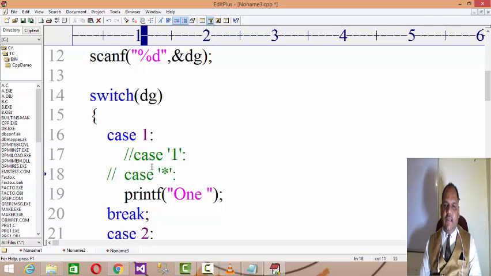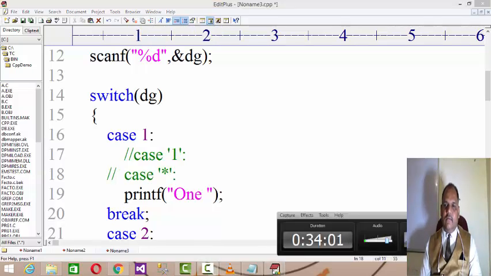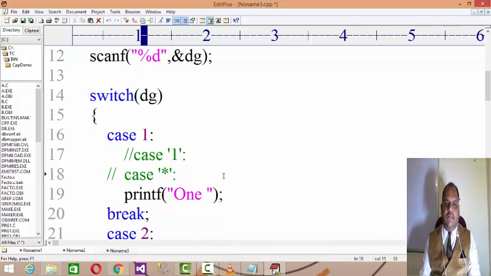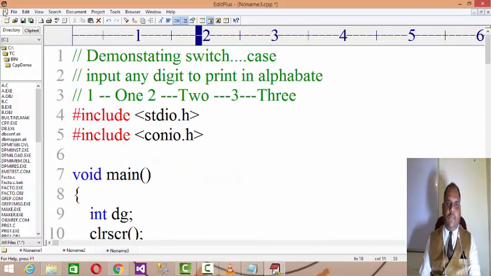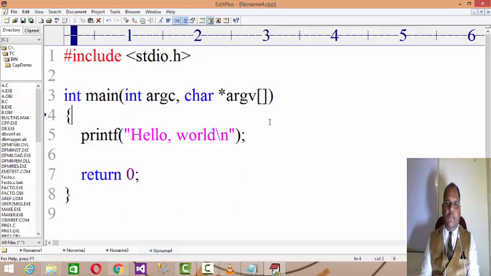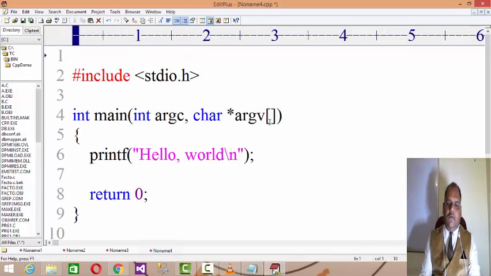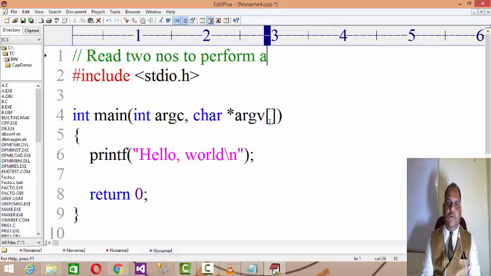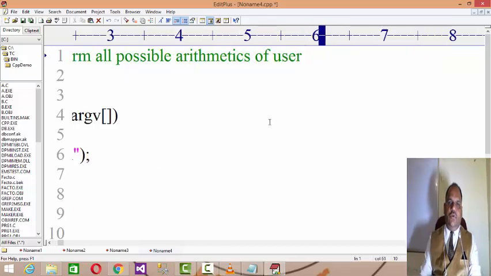Let us discuss this by one example. Let us say: read 2 numbers, perform all possible arithmetic operations of user choice.